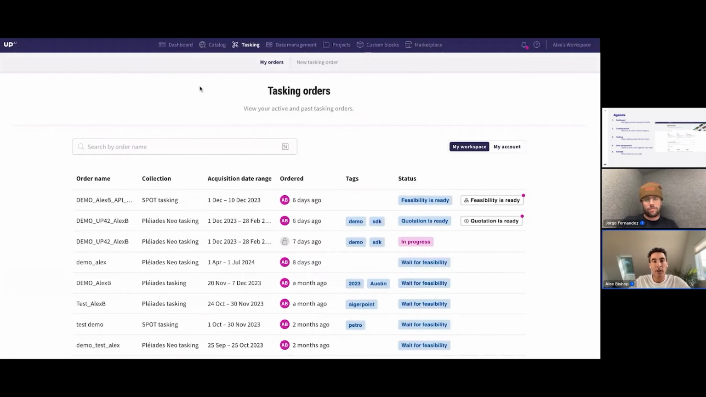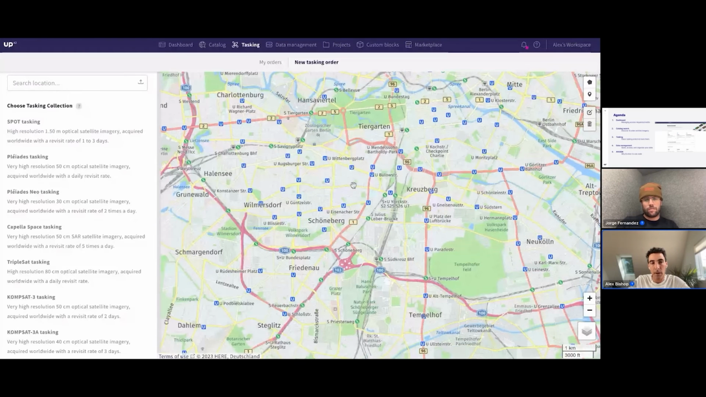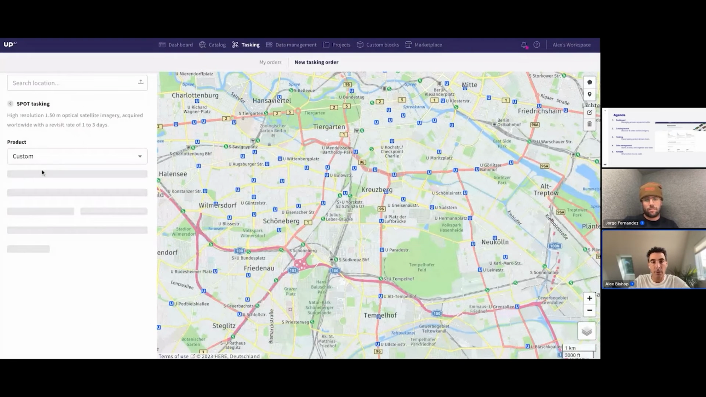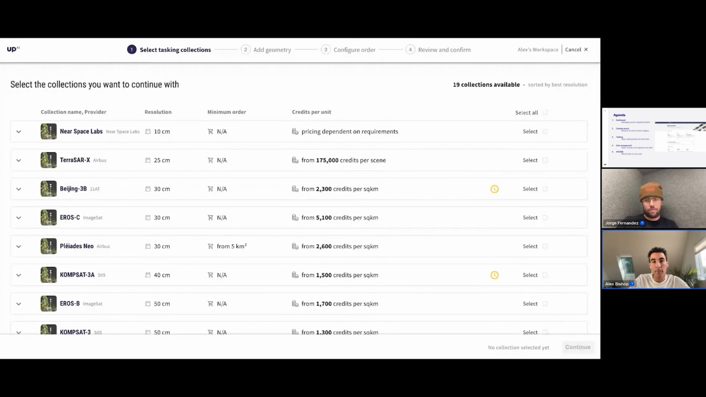Typically, and up until today, the tasking interface looks like this, where we also have a nice web map. We have our collections here on the left that you would then fill out the order, the dynamic form. Of course, you need a geometry. This is changing in the next few weeks. And so with Jorge, we wanted to use this opportunity to show you and give you a sneak peek of the new tasking flow, because it's really nice and it solves some of the big challenges that customers were having,